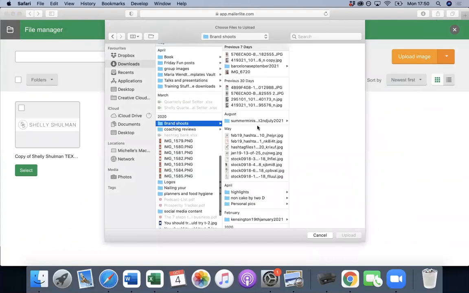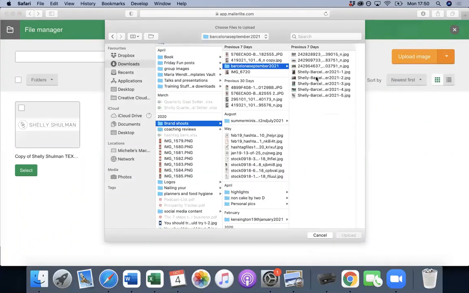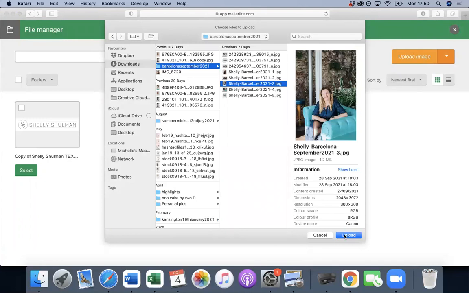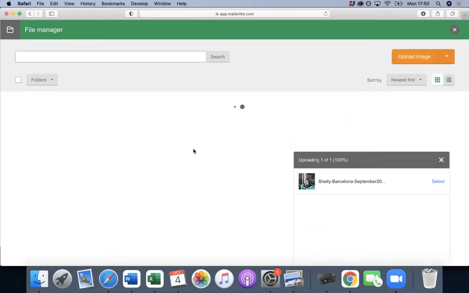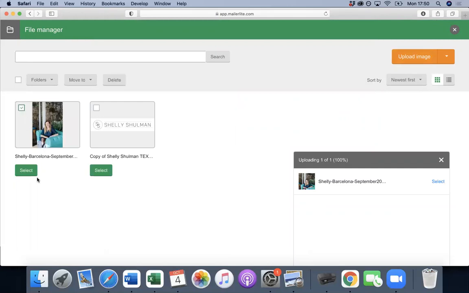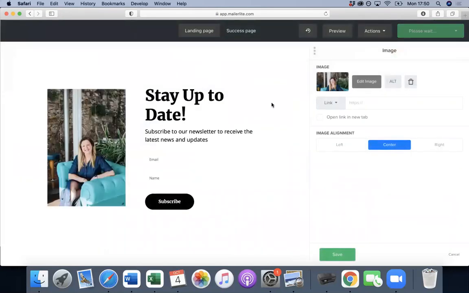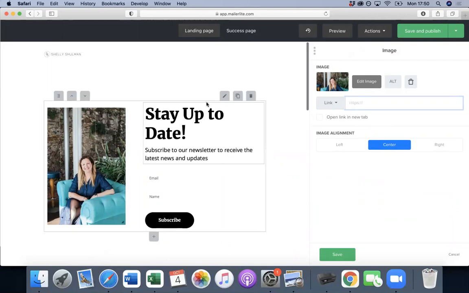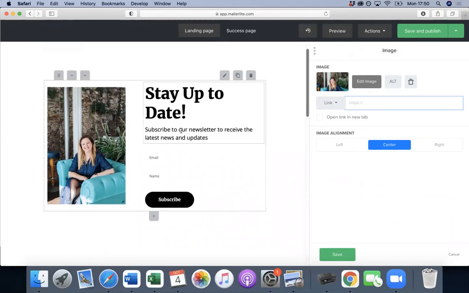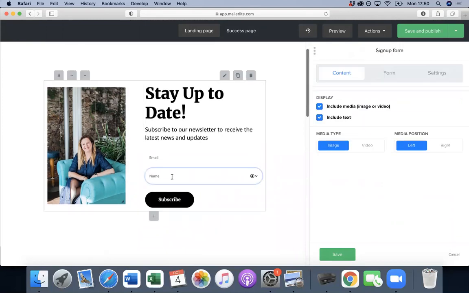You know what, I'm just going to upload an image of myself, because mine would be a mailing list. If you wanted to upload a picture of your product or a cake, you could do that as well. And then again, you just click on the image that you want and click select. You don't have to have an image on it. You could just delete that as well. And if you wanted to, that could click and link to your website if you really wanted to do that. So this will just, people will type in their email address, type in their name,